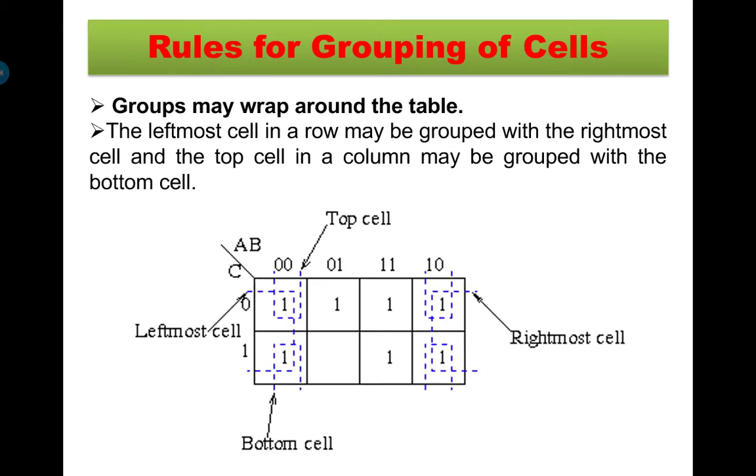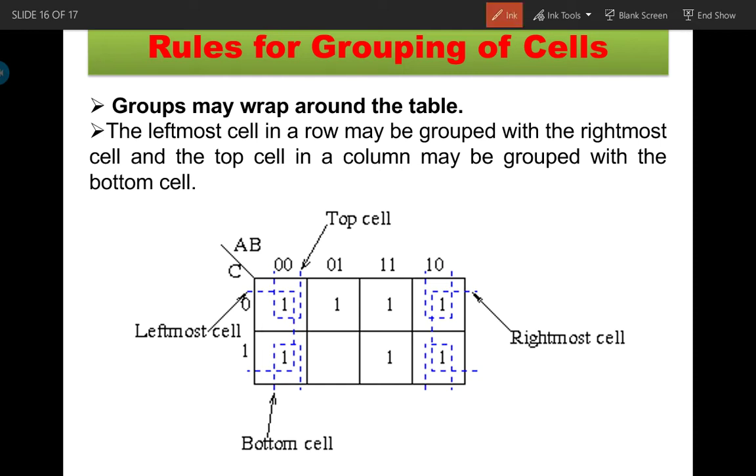Now the next one is, okay, this is important to understand here. Group may wrap around the table. Group may wrap around the table means that corner पे जो आपके ग्रुप्स हैं they are treated as one group. कॉर्नर पे जो अवेलेबल है, जैसे नाउ दिस